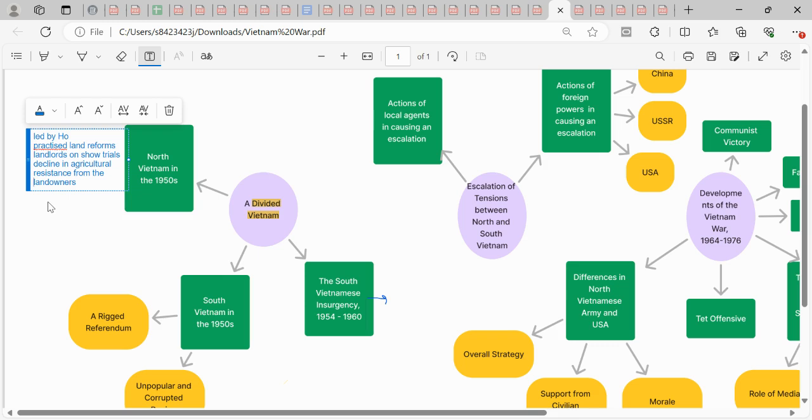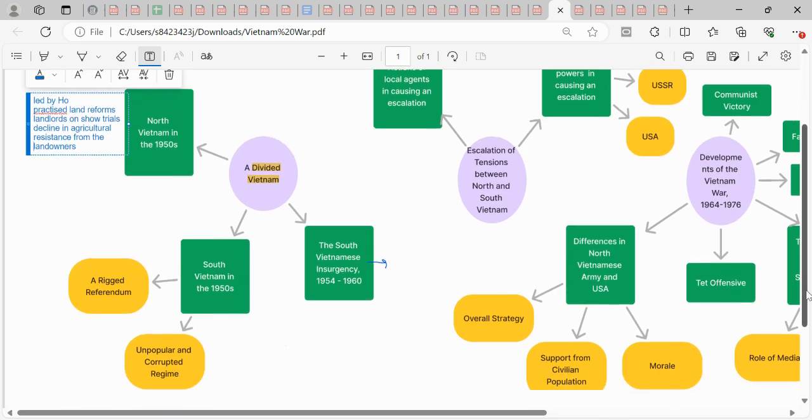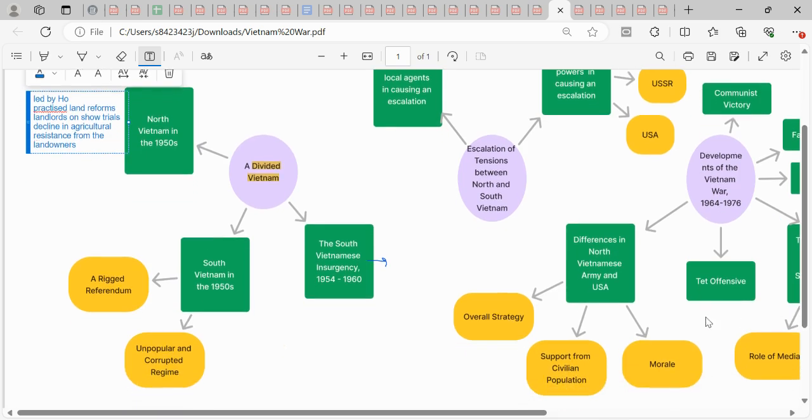All right, they were implementing communist reforms within the country. They're trying to consolidate their power base. All right. How about South Vietnam? So for South Vietnam, right, just to contrast with North Vietnam's land reforms, there were no such reforms in South Vietnam, right? So the part here about unpopular and corrupted regime, failure